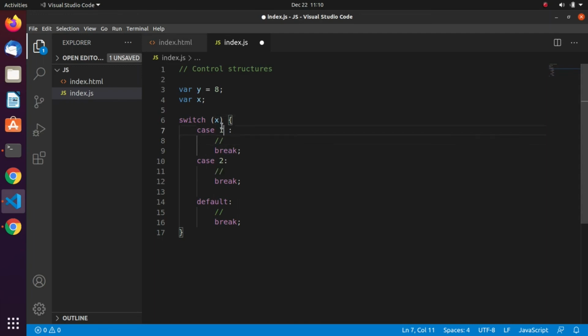Of course we can even have strings, so we can say if x equals, and we can do that on anything. We can have pm, something like that. Just to explain, we are actually working with the value of x, and based on that value, the case that follows is what x should be. I hope you got the point from there. So that's how the switch actually works. So that's all about the control structures in JavaScript.